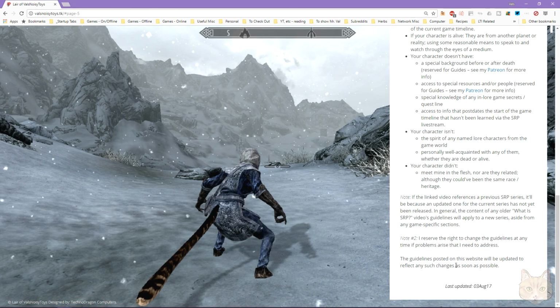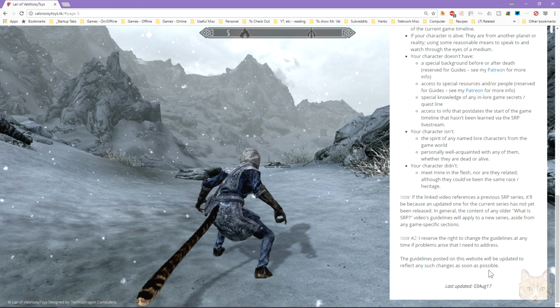Actually, this stuff here I don't really need to read. You can always pause the video and read them. They're not directly related to the guidelines that I'm going over here. Right, so aside from the things that I've mentioned related to Skyrim as I've gone through here, the more specific